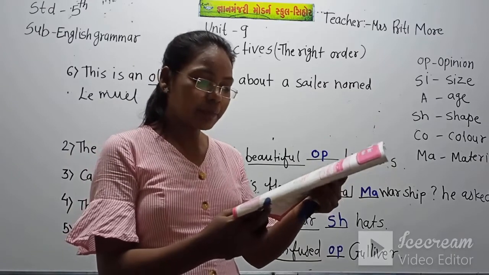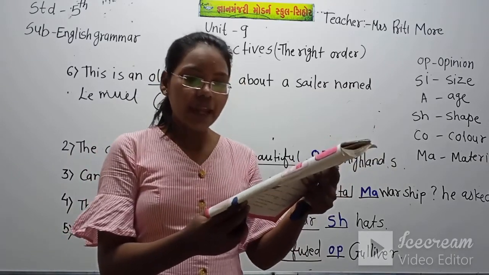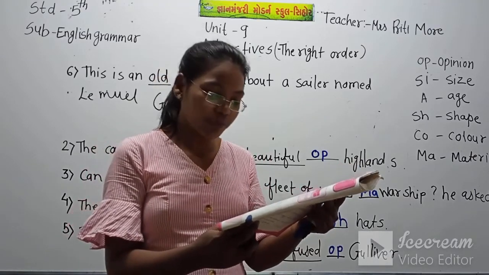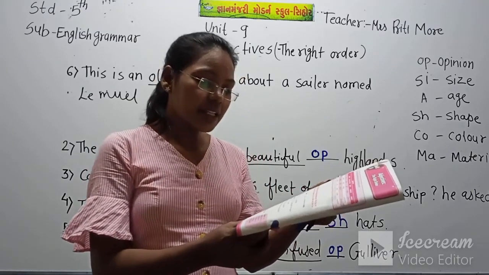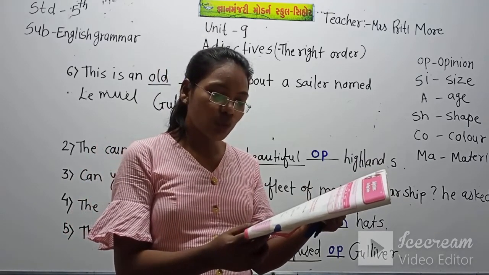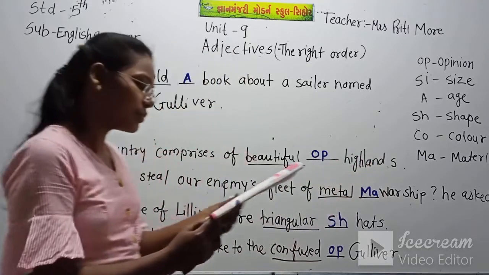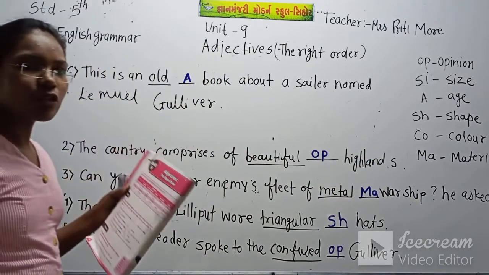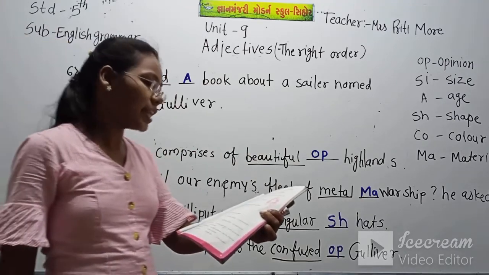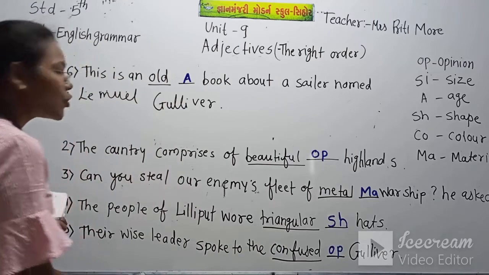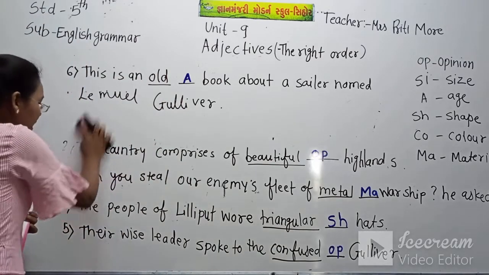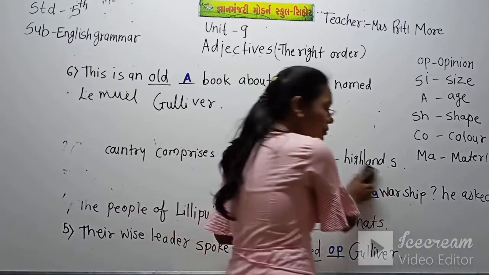One day Mother Bear made some porridge, and in the bracket two adjectives are there: tasty, wheat. So rewrite the sentence: One day Mother Bear made some tasty wheat porridge. So this first number I will not write on the board. The next, second, third, fourth, fifth and sixth, I will do on the board. Let's do the second exercise.